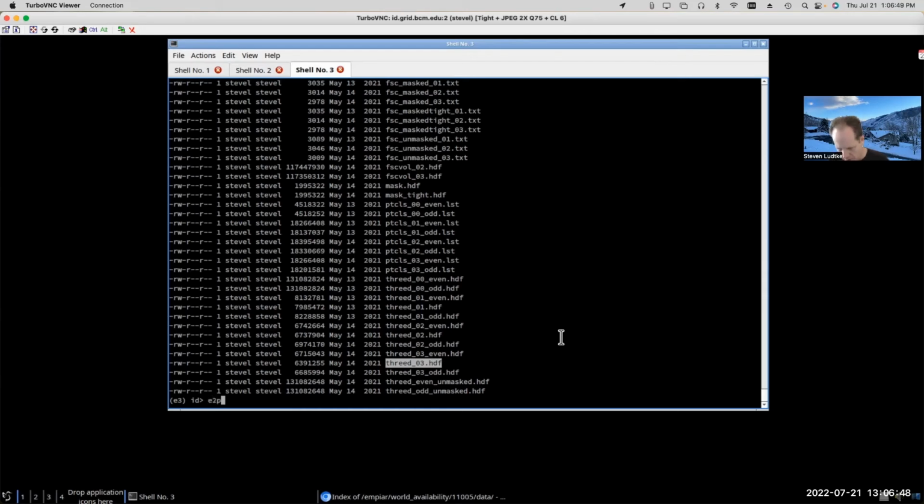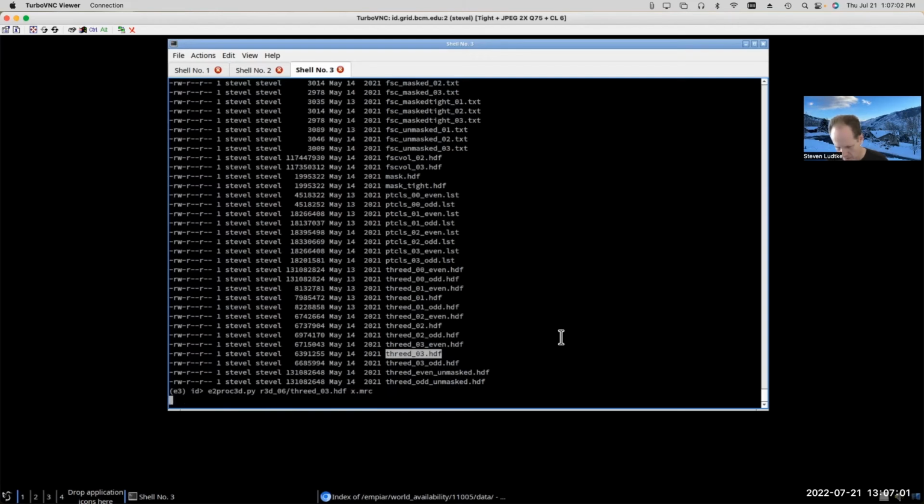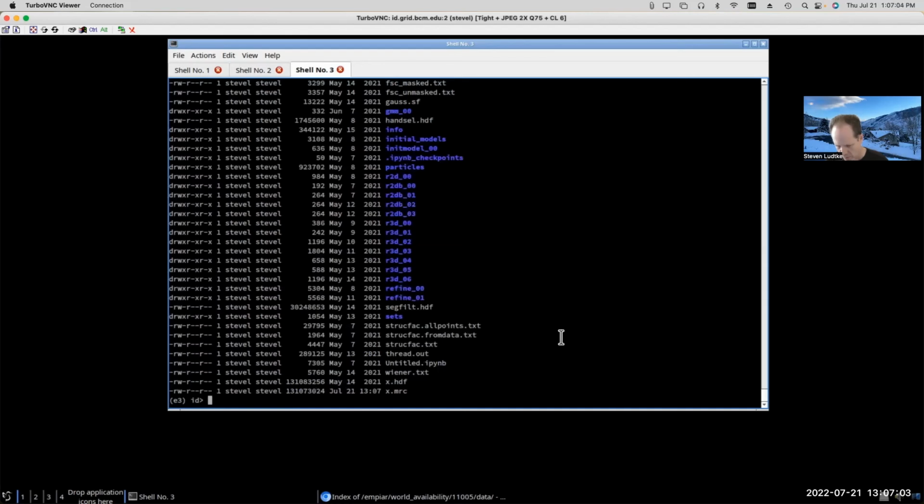If we convert that to an MRC format, so what you would see if you got it out of Relion, you can see that it was 131 megabytes.